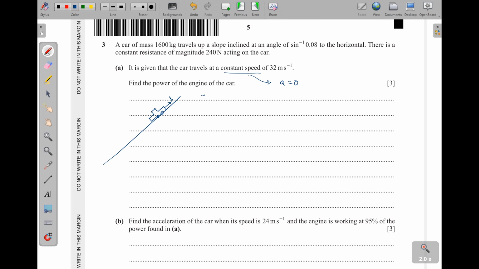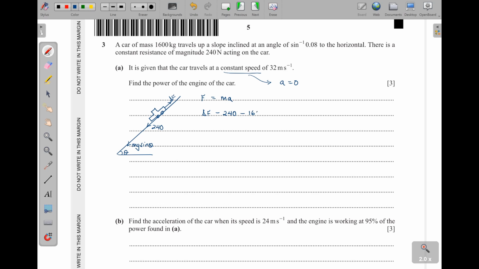It is going up, so there is a driving force, and then there is resistance, which is 240 newtons. There is also mg sine theta. We can also include it there. There's an angle here. Then from there, using our F equals ma, we can have the driving force minus the 240 minus the